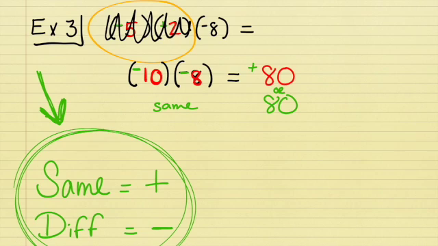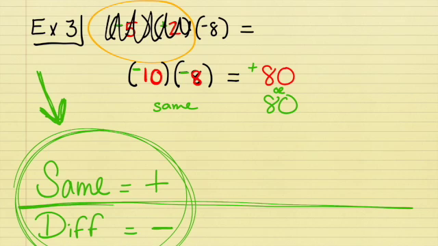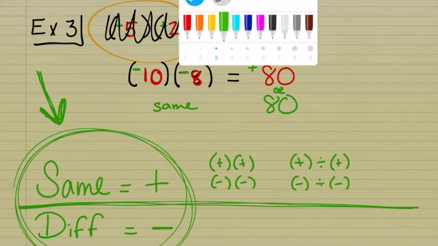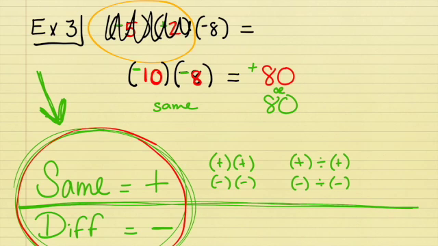There's kind of a key with the same sign business: a positive times a positive, a negative times a negative, a positive divided by a positive, and a negative divided by a negative. You can write down your combinations, if that helps you. But this part right here should be good enough to get you on the